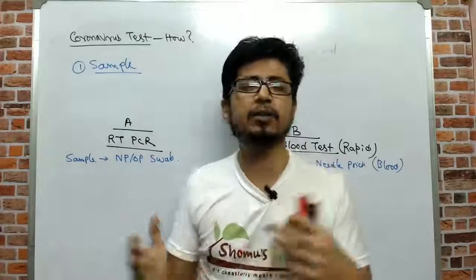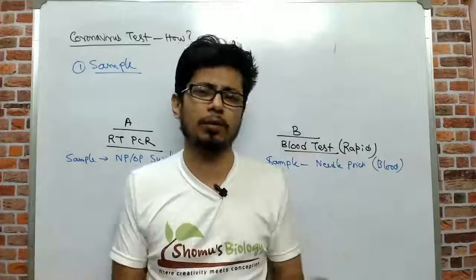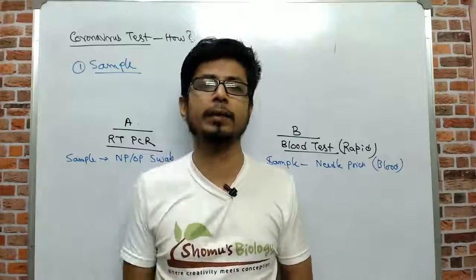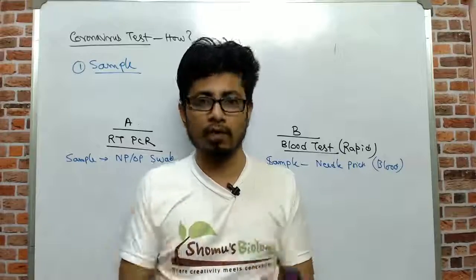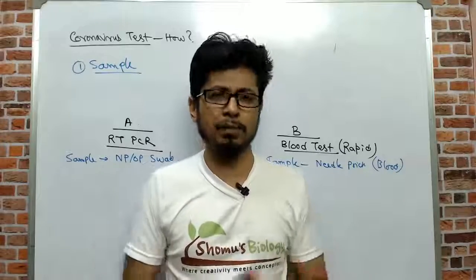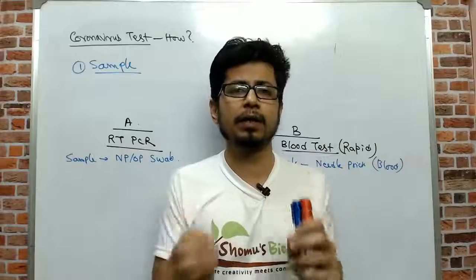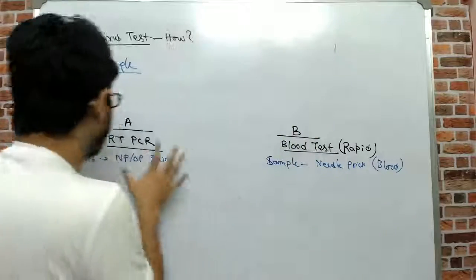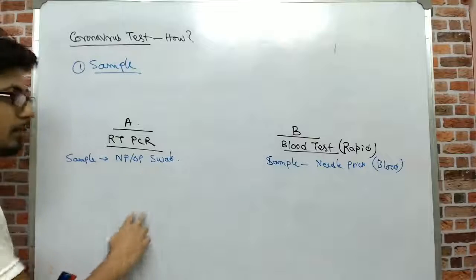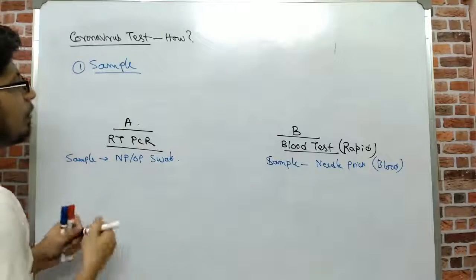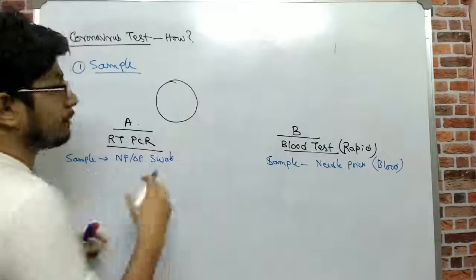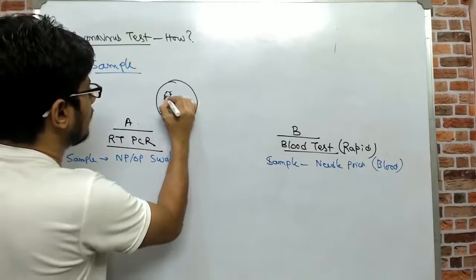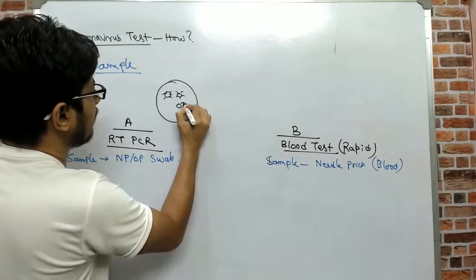They are almost 98% accurate. So there is a significant chance that 2 out of 100 patients will show a false result. Okay, there is always a possibility, but 98 out of 100 people will always give you a correct result. Now if you talk about the RT-PCR after taking up that swab, now think about it. Inside that swab, if you zoom inside of the swab, we have this droplet. In the droplet we have the virus. Okay, so let me draw, these are the virus that is present there.